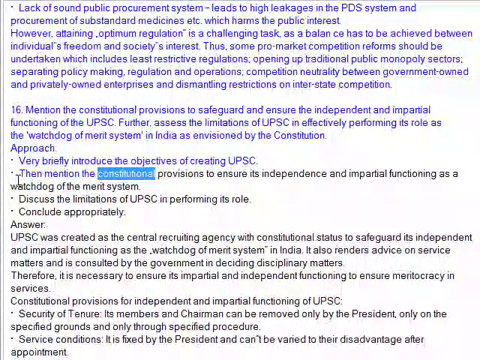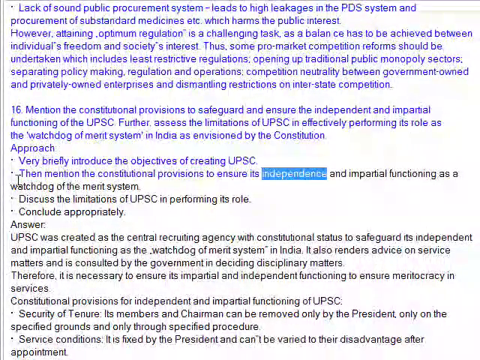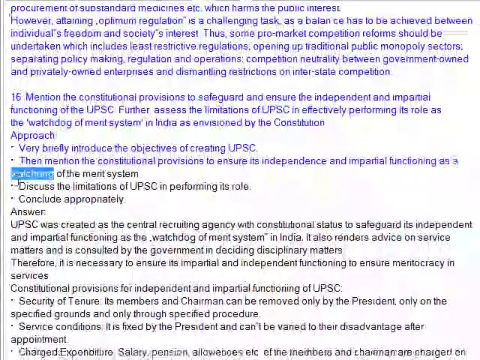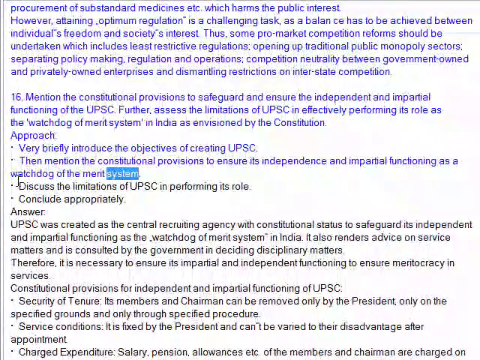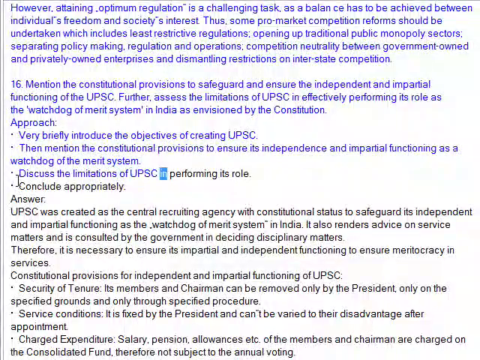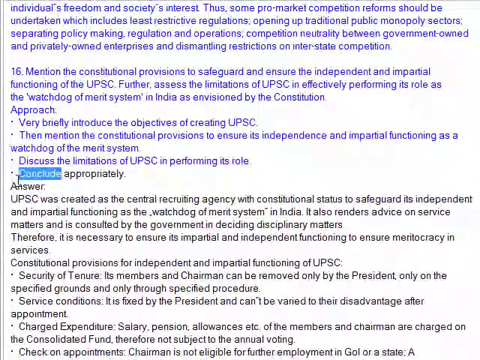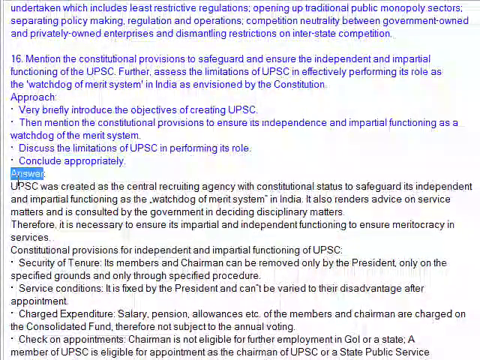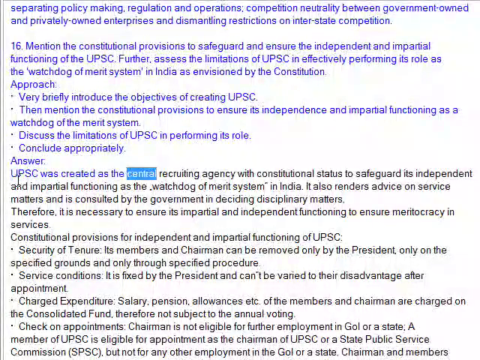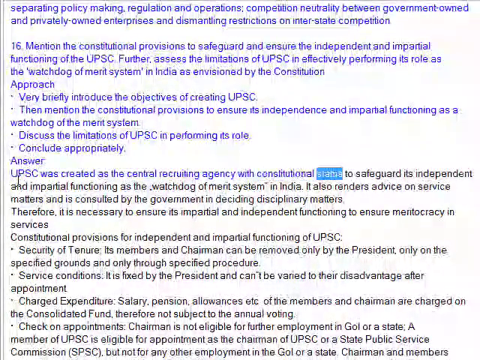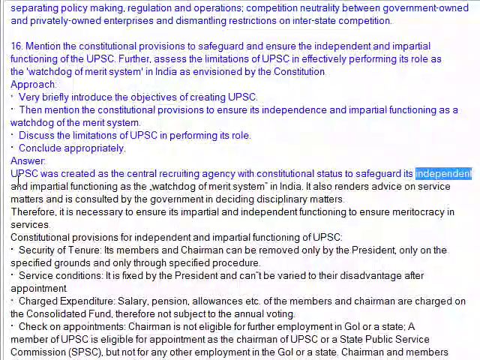Then mention the constitutional provisions to ensure its independence and impartial functioning as a watchdog of the merit system. Discuss the limitations of UPSC in performing its role. Conclude appropriately. Answer. UPSC was created as the central recruiting agency with constitutional status to safeguard its independent and impartial